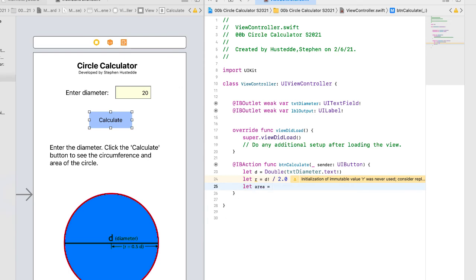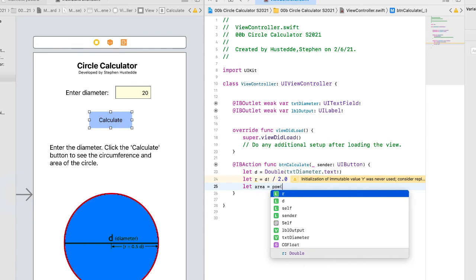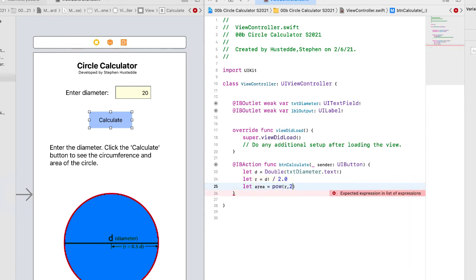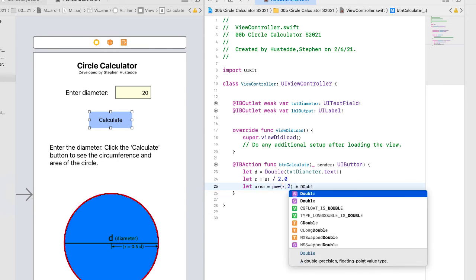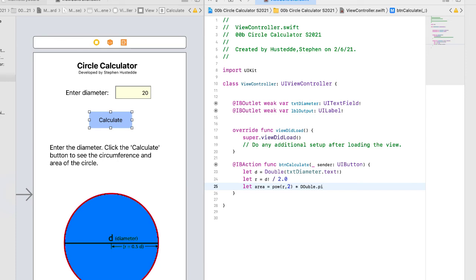So we're going to let area equal, and here I'm going to use that pow method. I want the radius squared, r comma 2, and I'm going to multiply that by Double.pi. Swift is case sensitive, so make sure I have the correct o there as lowercase. Once again, I'm not using area, so it's giving me a little warning. That'll go away. And then we'll say let circum